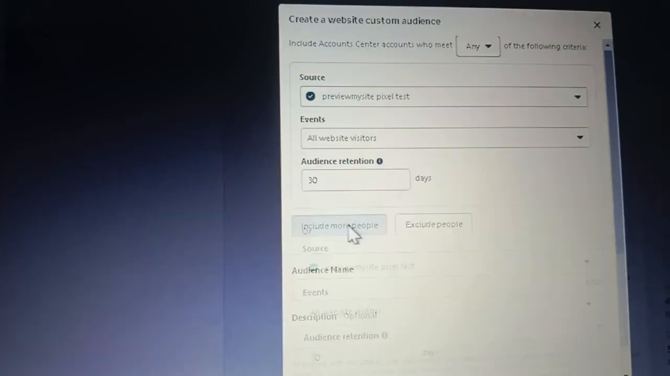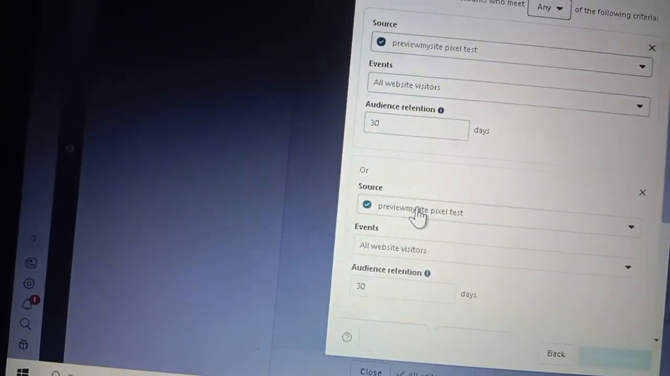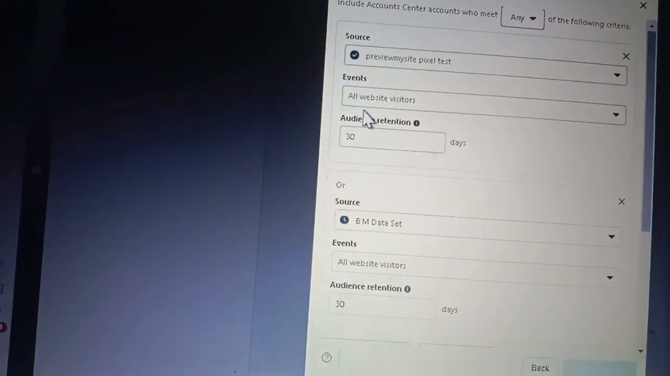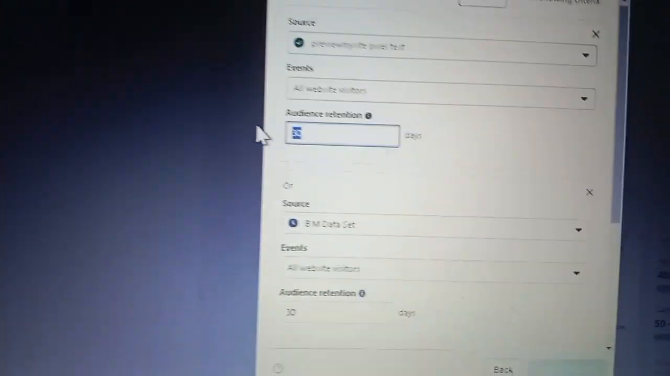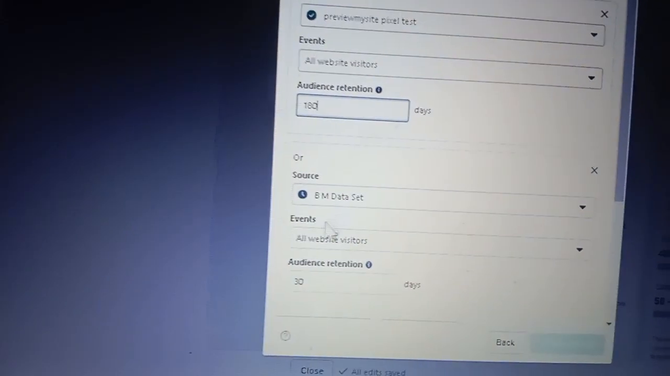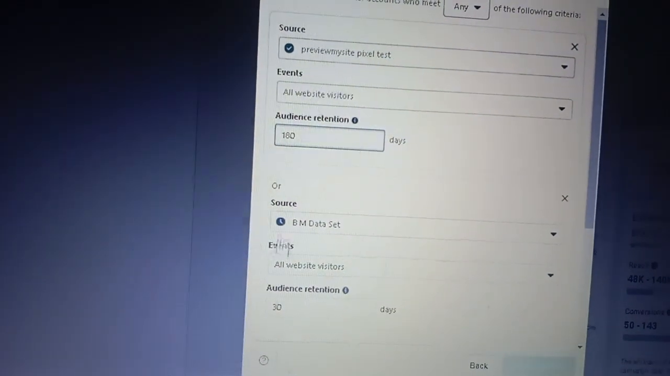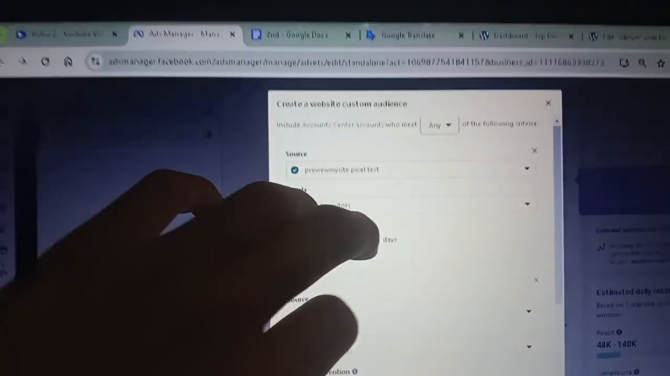And you can also include more people. Let's suppose that I'm making this custom audience, and I use this source, which is the pixel I use on my website. Let's suppose I also use it for my next website, so I'm also going to hit this. And I also show that this retention is 180 days. So what does it mean? Now I included two things: this pixel, and a second, different one, and this retention is 30 days, this is 180 days. It means these two things are going to merge